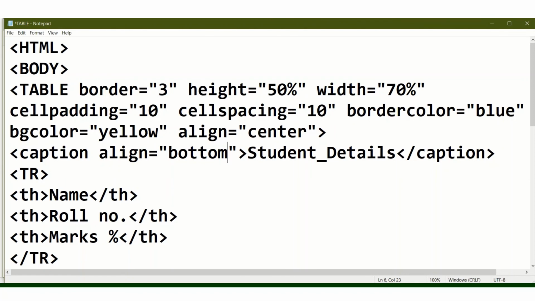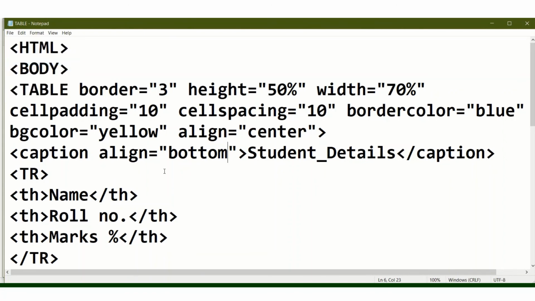Only two values are there for the alignment of the caption, top and bottom. By default it is top, you can specify top also, but if you specify bottom, the table caption will be at the bottom of the table.